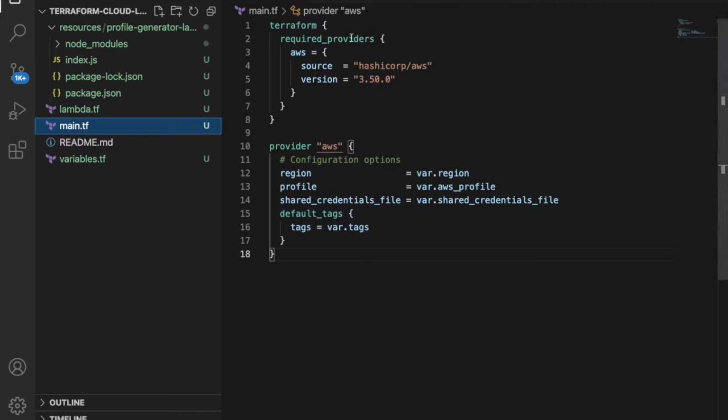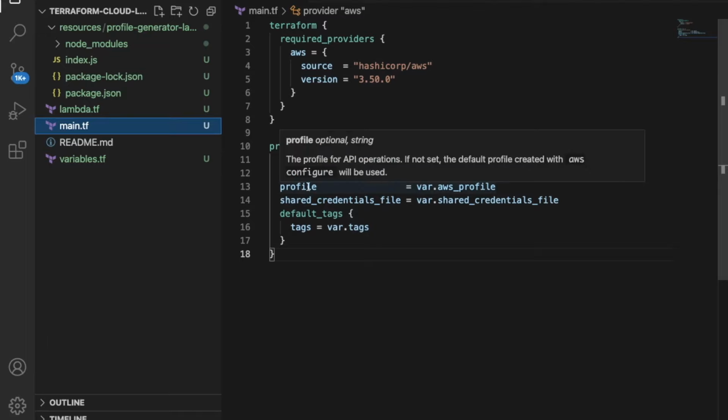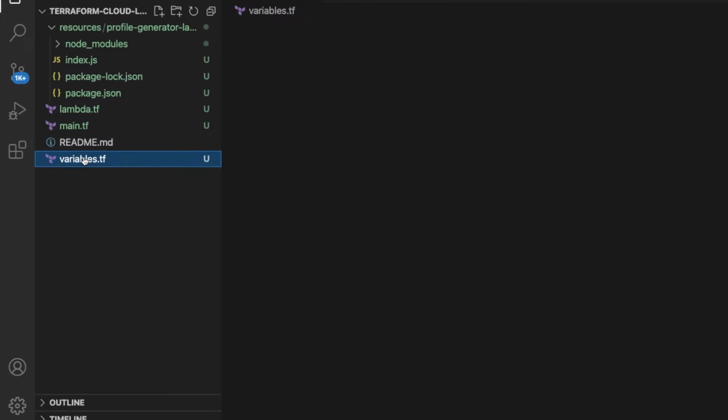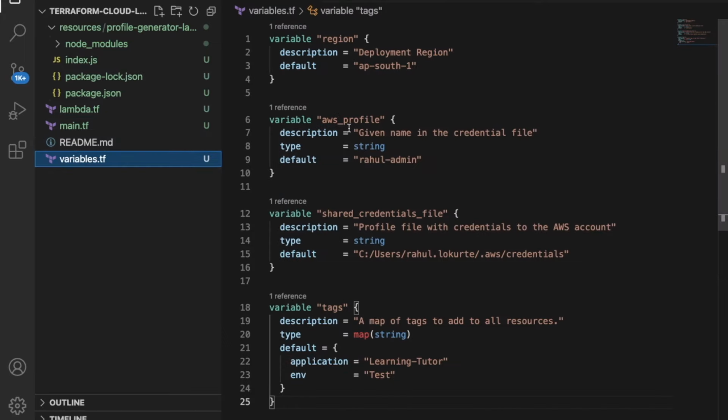main.tf basically describes what the required providers are. Here I am mentioning it requires an AWS provider, and I have provided the region, the profile, and the shared credential file. So we give those values in the variable.tf. If you see the variable.tf, we have mentioned the region, the AWS profile, the shared credential file and